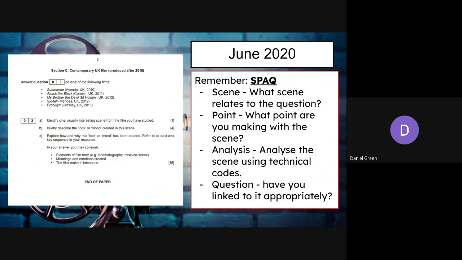So this is the year that Skyfall was the shorter question. Explore how and why this look or mood has been created. Refer to at least one key sequence in your response. So I would probably, if I went for something like Silver's Lair, I could go for the sinister nature of